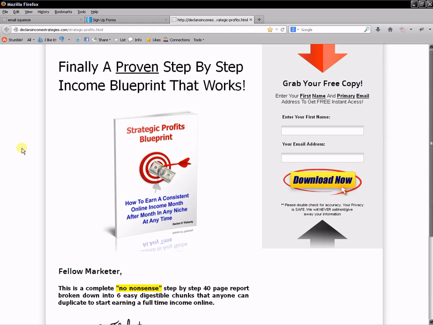And that's why you generate a low quality subscriber, because the people who opt in on pages like this are blindly opting in because they do not know what this report is about. So automatically they place very low expectations on what they're going to get inside the report. And since most people do not read reports all the way through, and they definitely do not follow through and take action with reports that they read, it's understandable then that the people who opt in on pages like this are going to give a fake email address.